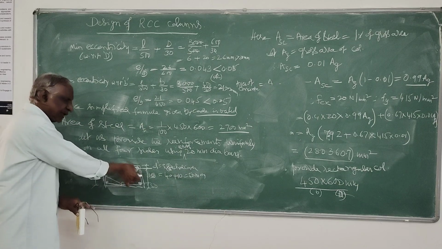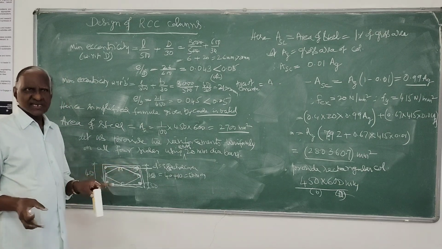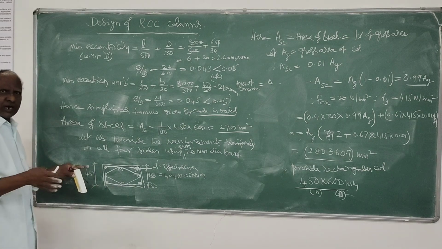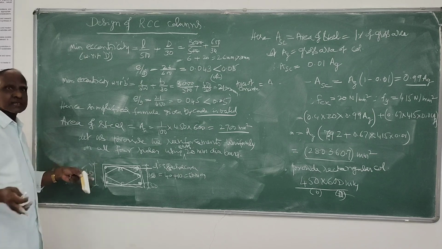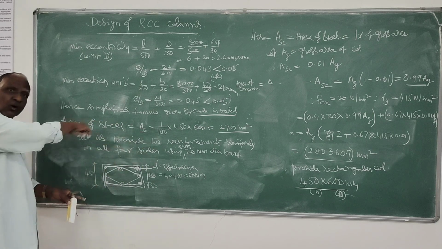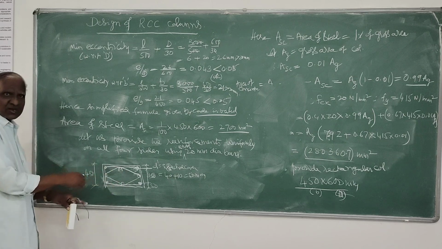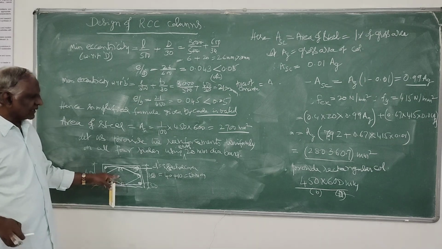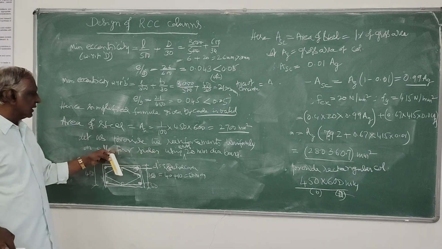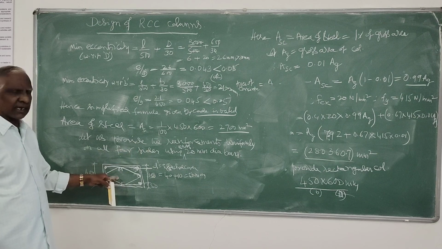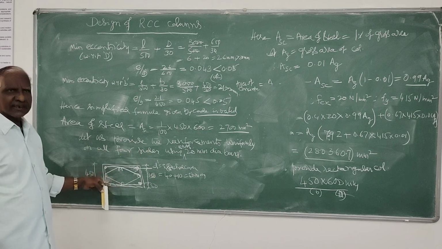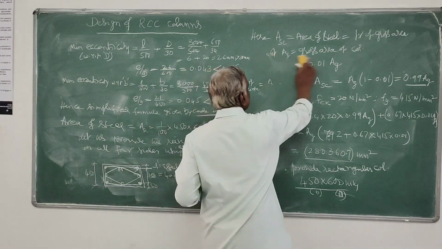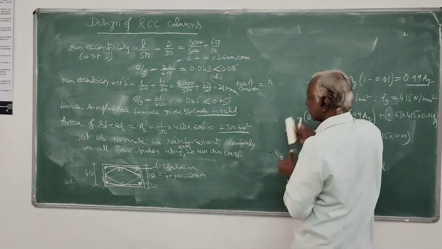The distance between any 2 bars should not be more than 75 mm. And also this spacing, overall spacing should not be more than 300. If at all it is more than 300, then you have to hold it in between also by providing open link. All those things you have to make sure. I have just shown the arrangement. I have used 8 bars of 20 dia like this using this type. Now I have to design the ties. Design of ties. So that's the last step.